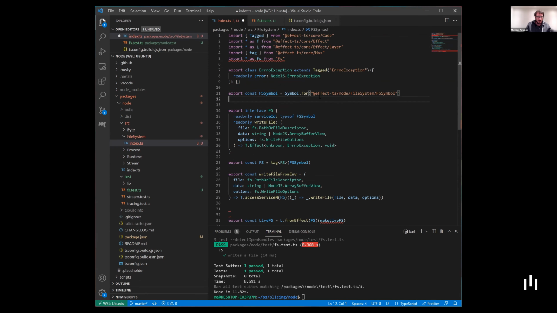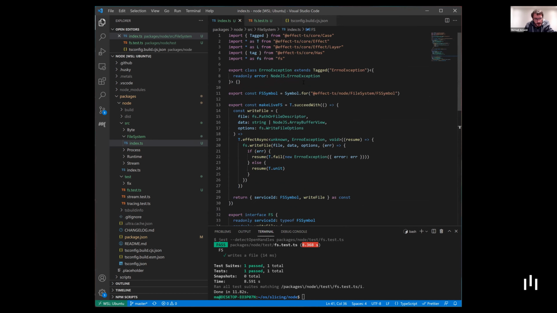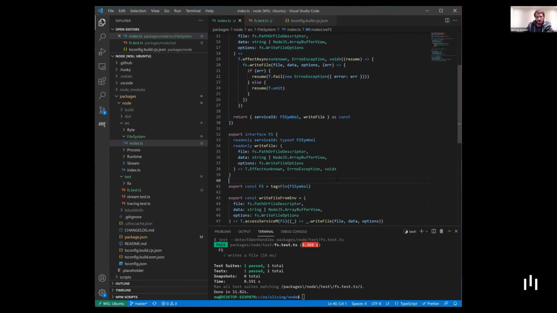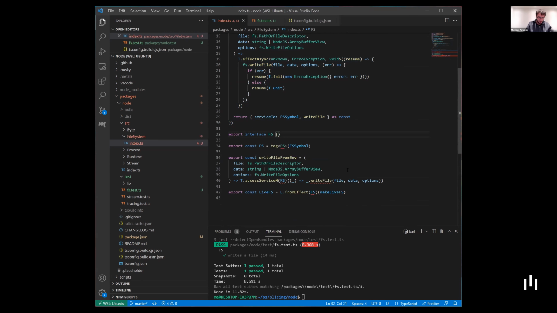So it was our live implementation. So you see that we define a symbol, we define the implementation. We need to extract the service. You can use a utility called